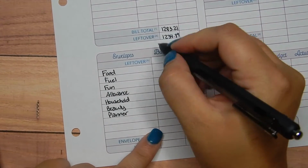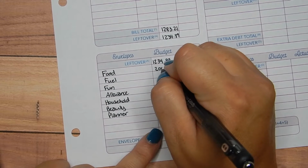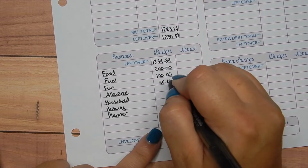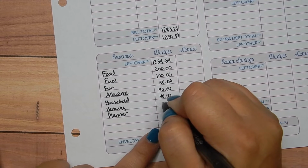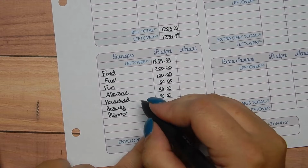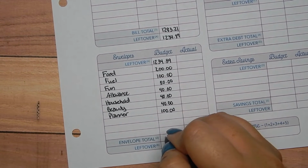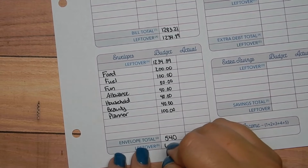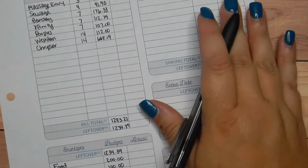So we're going to carry this number down, the leftover $1,234.89. And for this pay, I am budgeting $200 for food, $100 for fuel, $50 for fun, $40 for allowance, $40 for household, let's do $40 for beauty. I'll pull the other $40 out on the next pay, and then $100 for planning supplies. So let's get a total on those. Okay, so this is going to be $540, leaving over $694.89. So now I'm going to take the $694.89 and I'm going to move up here to the top column